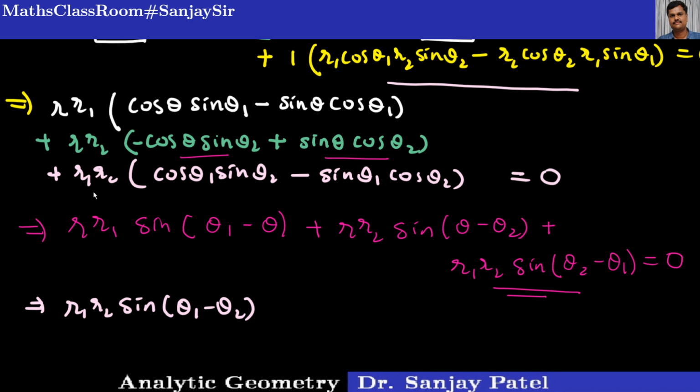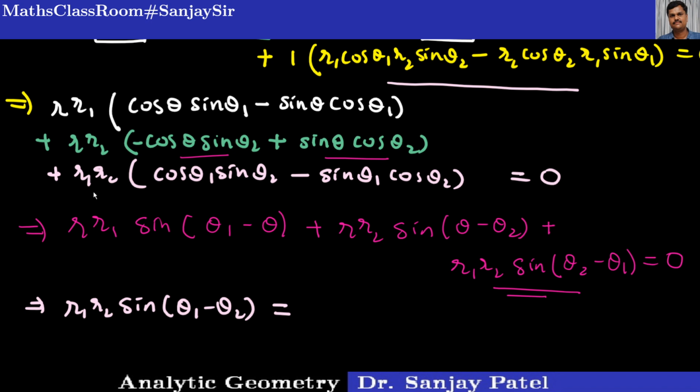Please note that when you take this term on the right hand side, it becomes minus r1 r2, but taking the minus sign inside the sine function we get sine of theta 1 minus theta 2, because sine of minus theta is equal to minus sine theta. This is equal to